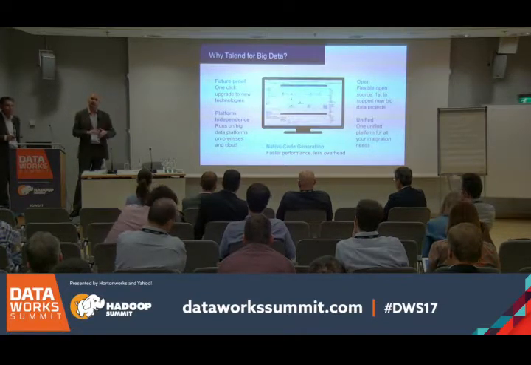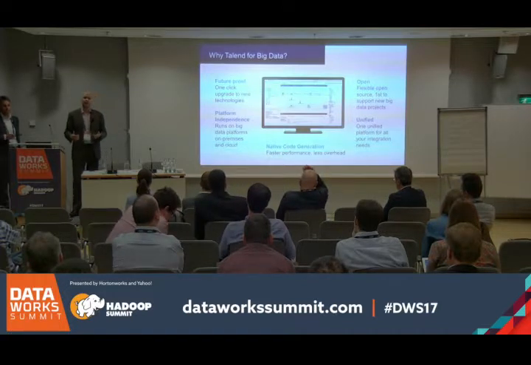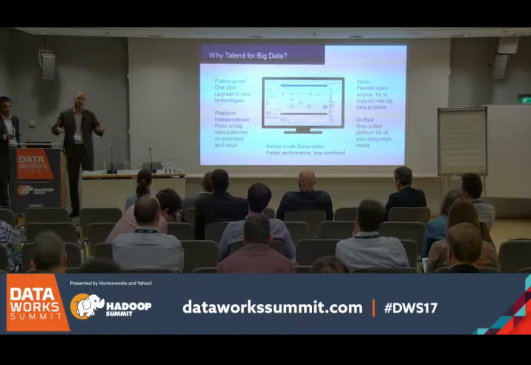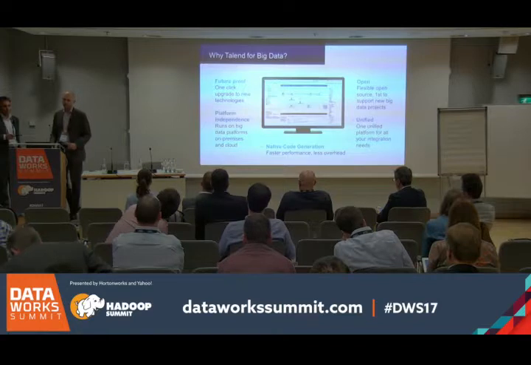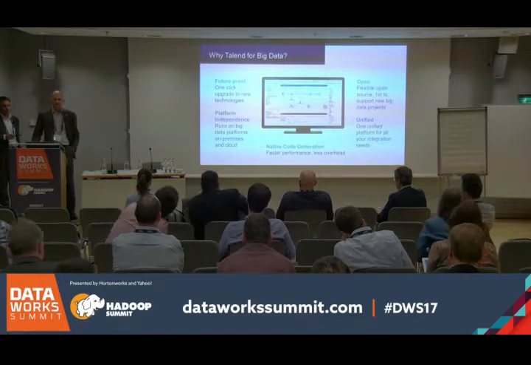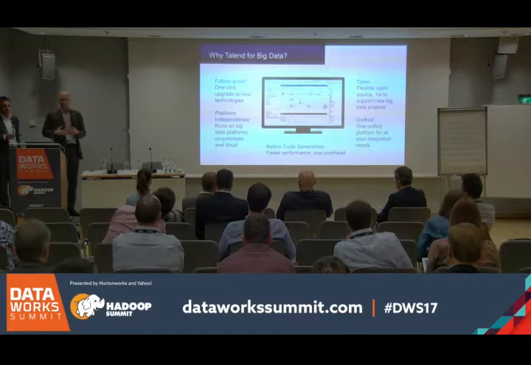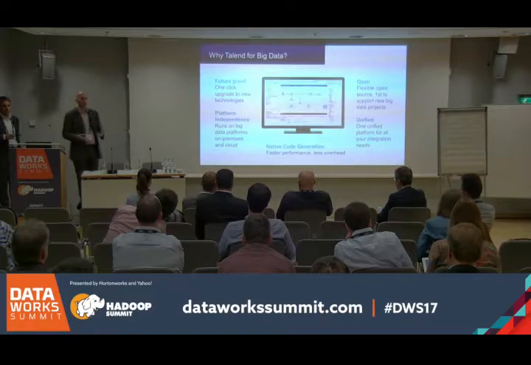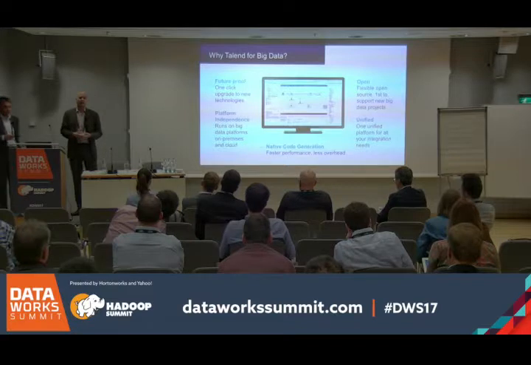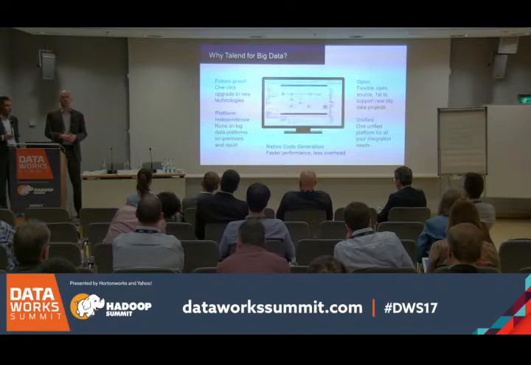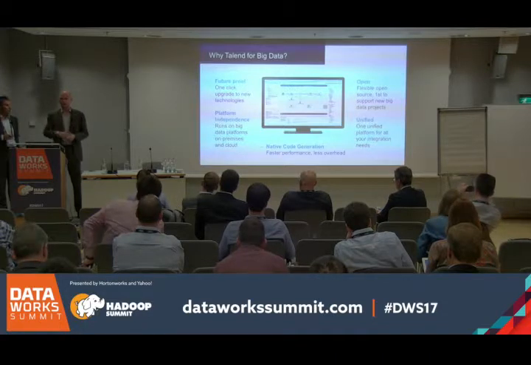You model it with components, you configure the components, but what happens when you deploy it is that it's compiled down to something that's usable for this end platform. You're also, because of that, platform independent, because it doesn't matter if you're using Cloudera, Hortonworks, MapR. Talend just compiles whatever is needed for the platform itself.